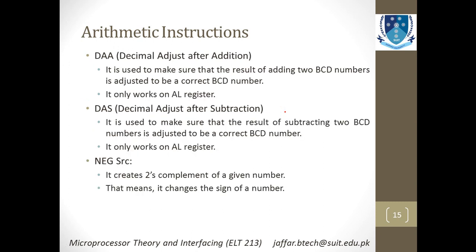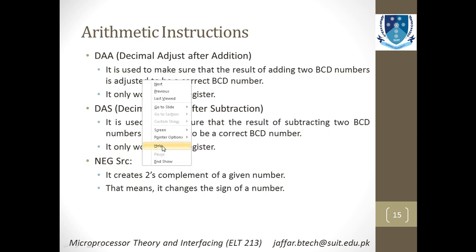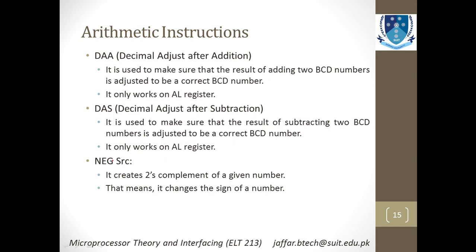Similarly, you can use DAA, that is decimal adjust after addition, and decimal adjust after subtraction, and in the last you can also create a complement or a negation. NEG stands for negation. This is the sign of negation. It means that it takes the 2's complement of a given number. If you want to toggle or negate some data, to take the exact opposite of some data, let's say I have to negate this. For double zero, it will definitely be double one. You have actually negated the data.